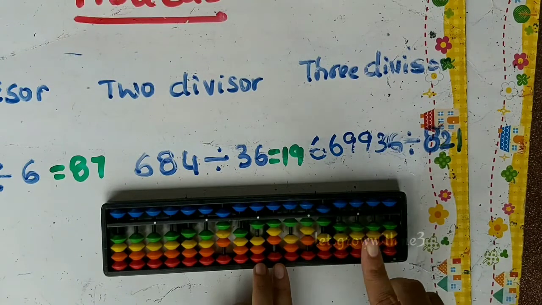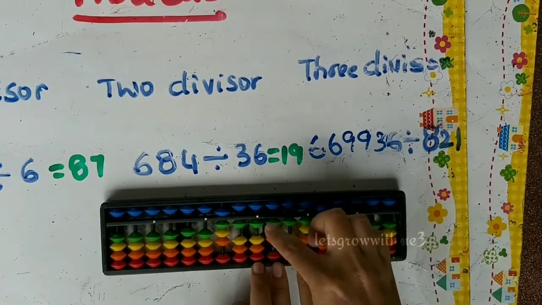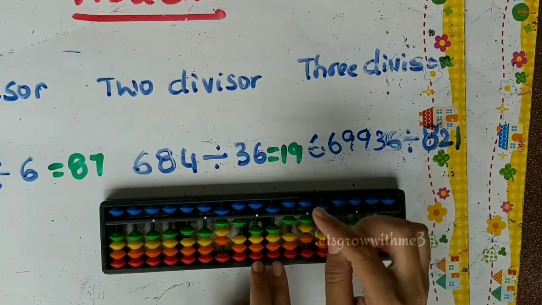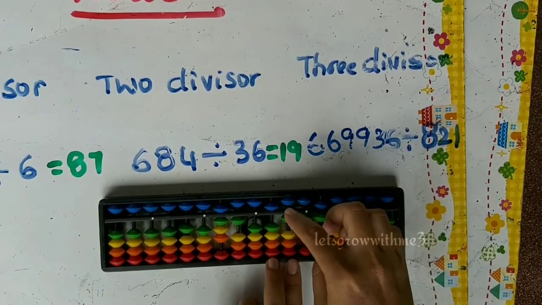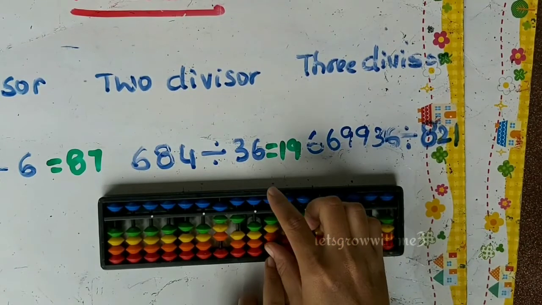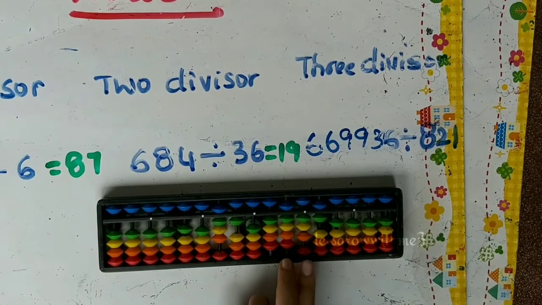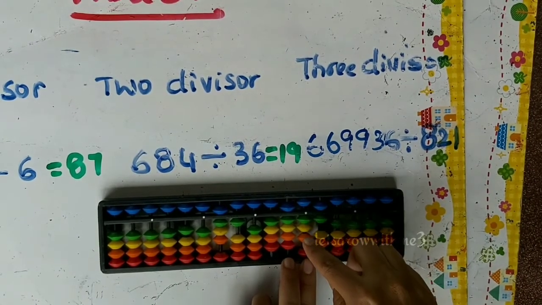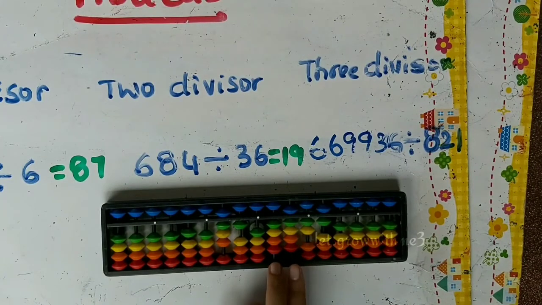So 13 means 8 table 2 times cannot. 8 2s are 16, and it is 8.2 also. So we should consider only 1. 8 1s are 8. So remove 8. Then 2 1s are 2. So remove 0 2. So how to remove from 51? 0 2. Yes, we removed. Then 1 1s are 1, means we need to remove 0 1. Okay, we are done. Next we need to consider the next dividend as 4 9, 49.